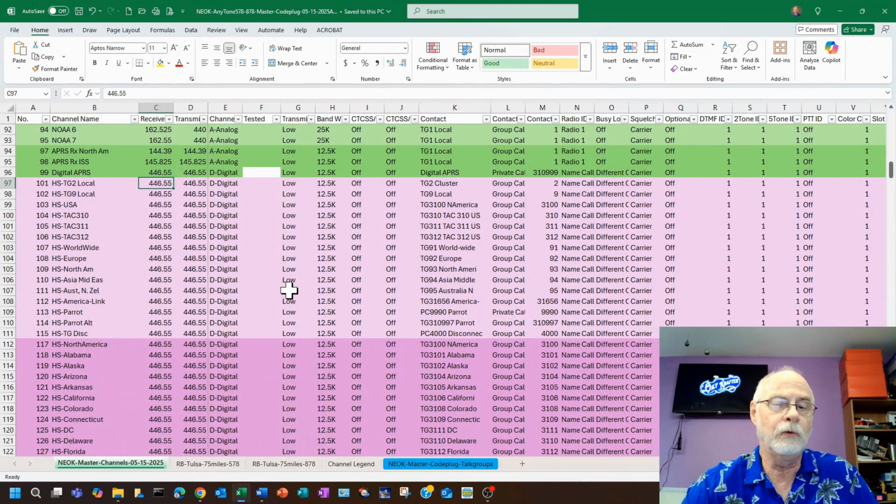446.55, that is a typical frequency that you might use on your digital hotspot, running WPSD or running Pi-Star. I'm running WPSD. I love it. Absolutely nothing wrong with Pi-Star. Andy did a great job on building that out initially, but Chip Cuccio and his team have WPSD have made